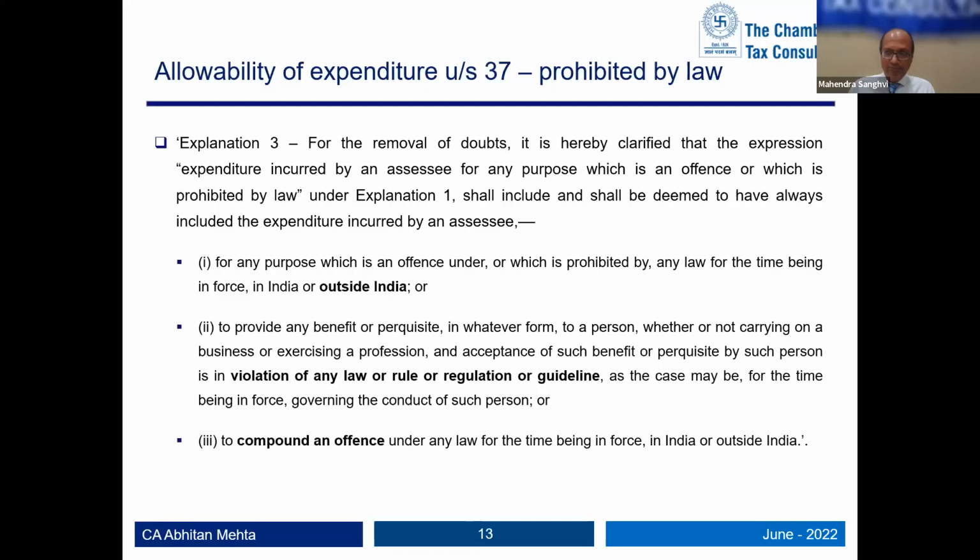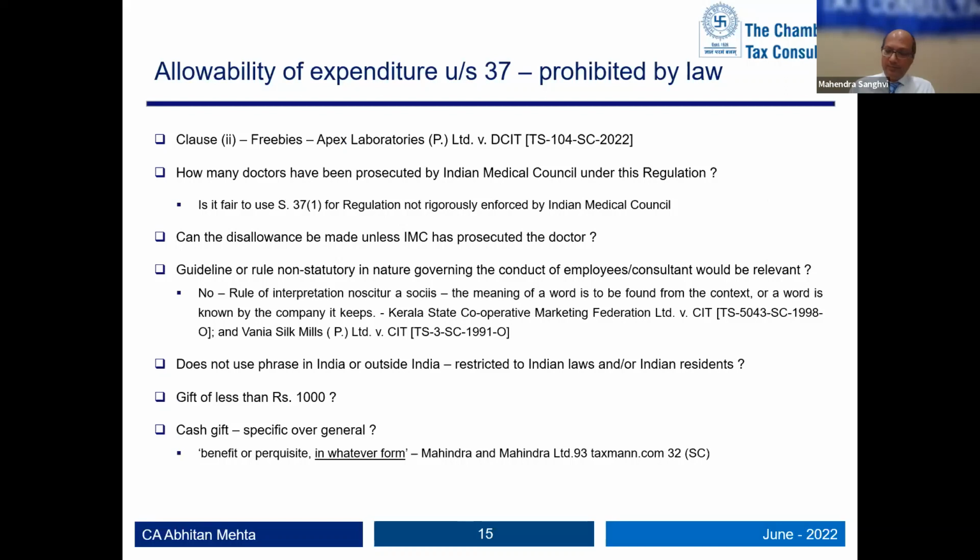But looking at the company of words the word guideline has, the principle of noscitur a sociis and ejusdem generis, you have to read the word in context, and it is known by the company it keeps. Otherwise, guidelines is a very general word. If you enter the IMC and they say don't throw any litter, and if you throw litter there is a 500 fine, that's also a violation of a guideline of the IMC. So whether it is triggered by 37(1), possibly no. This should have some kind of statutory backing. That is how one may look at it.